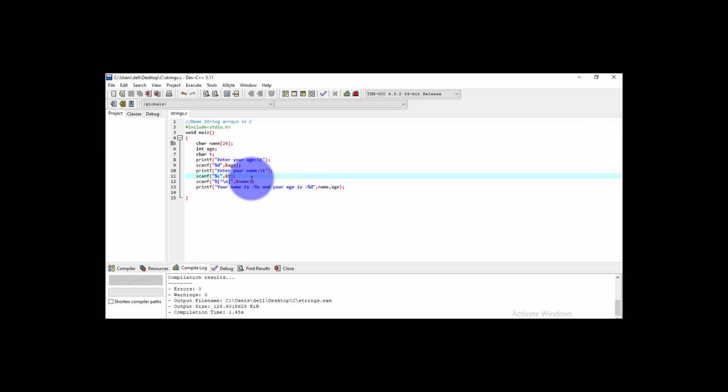So this is all about string arrays in C. What we have done is declare string arrays in C, initialize the string array in two different methods, and then read characters or strings into the variable using the scanf function. We have also rectified how to read into a string array if we enter a value into the age variable, or an integer value, before that.